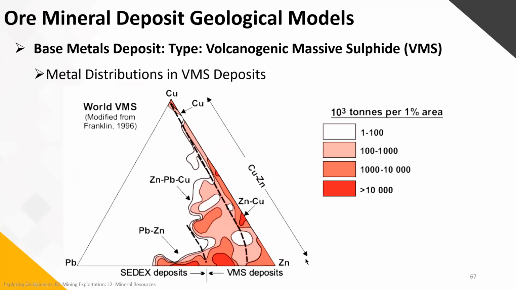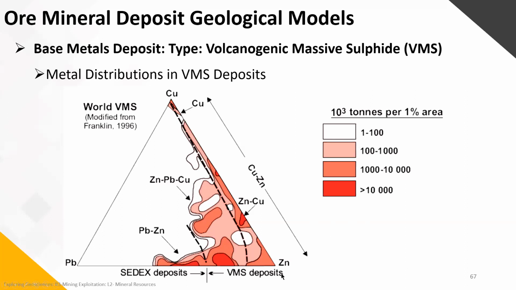This also from Franklin is another graphic which is defined for our metal distributions within our VMS, because we can have copper, lead, zinc. This graphic, along with the concentrations of our elements, will show us which type of VMS we are in and its original environment. So if we are within richer lead, zinc zones, we are within the SEDEX VMS, which are